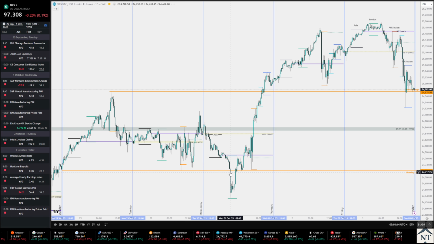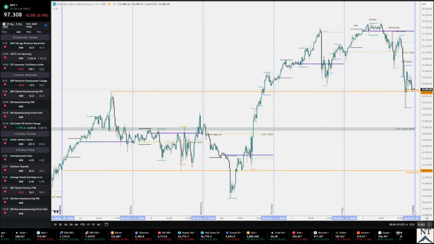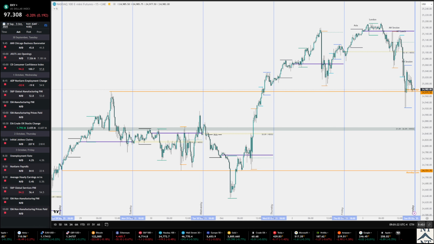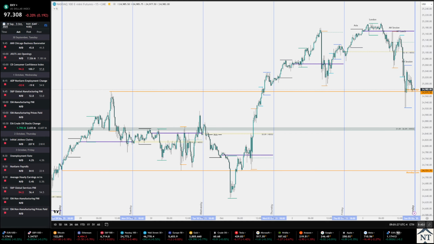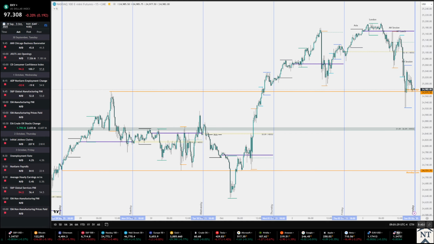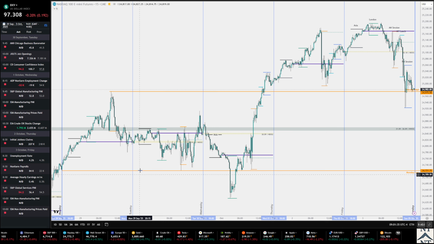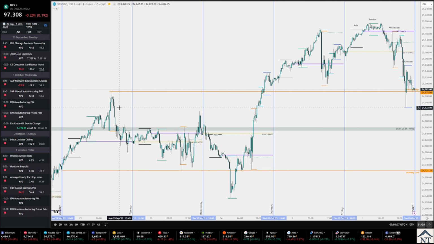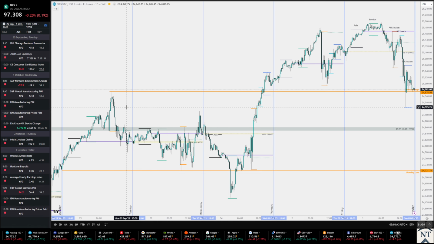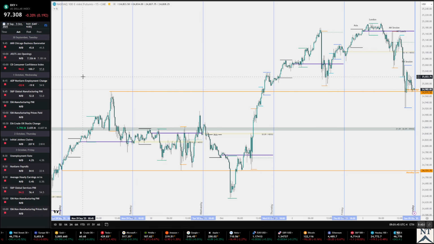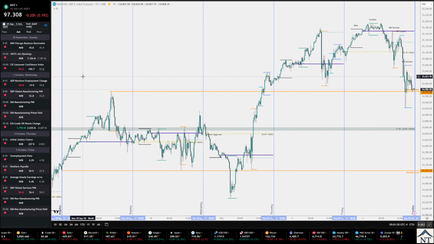Going back to our week, on the left of your screen, you can also see the calendar. We had many red folder news events during this week, but on Monday there was no news. So Monday basically was not a good day to participate in the market. You didn't want to participate in the market. Also, if there is an opportunity